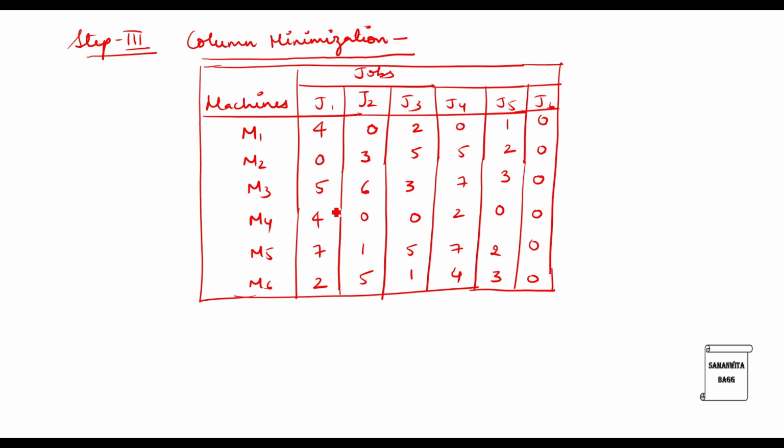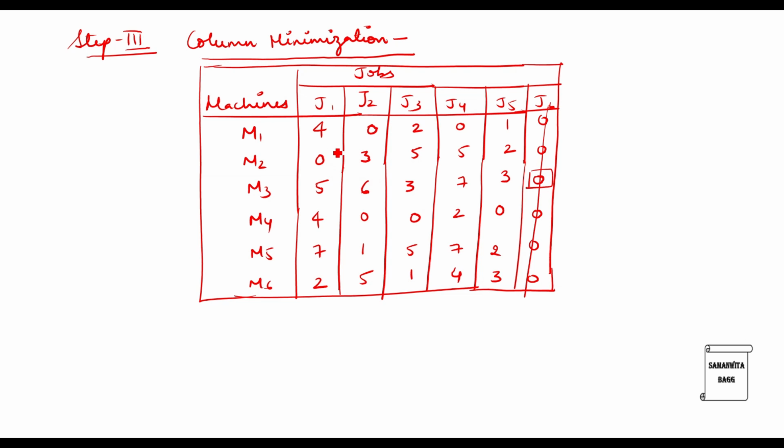So we can go for the first allocation and try to figure out if the solution is optimal at this stage itself. First, when you scan the first row, there are 3 zeros. So you will have to skip the first row. Go to the second one, 2 zeros, skip. Go to the third one. There is only 1 zero. So I will allocate and cancel out the corresponding column. Then I'll go to the fourth row, 3 zeros, skip. Fifth row, no zeros left. Sixth row, no zeros left.